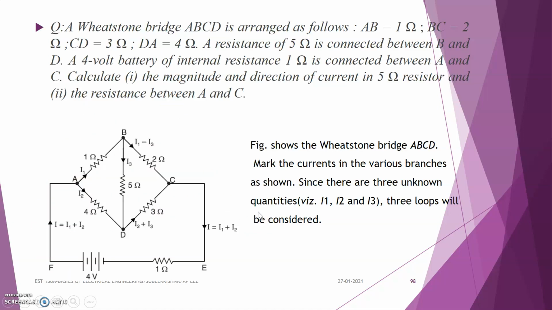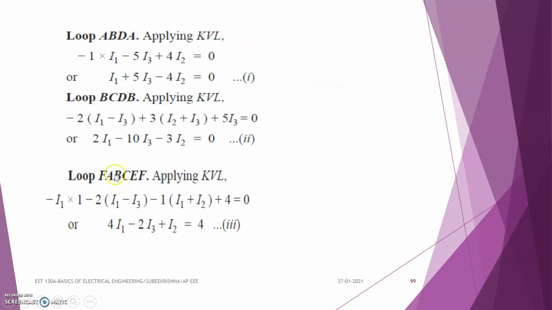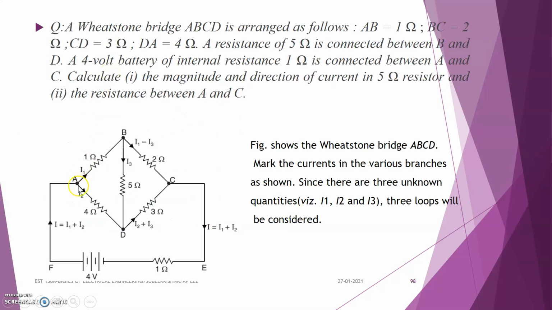So consider the loop. This loop is ABDA, which we are considering first, and applying KVL. We are going in this direction, ABDA. So the first voltage drop is minus 1 I1. Here the current is flowing in this direction, and we are also going to analyze the circuit in the same direction. So this value is minus I1, and next we are going in this direction, B to D,